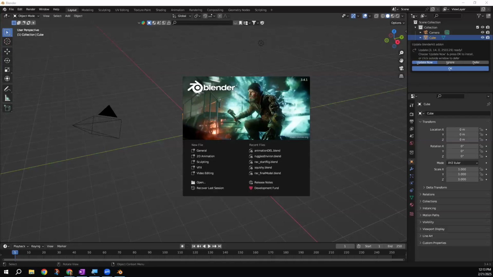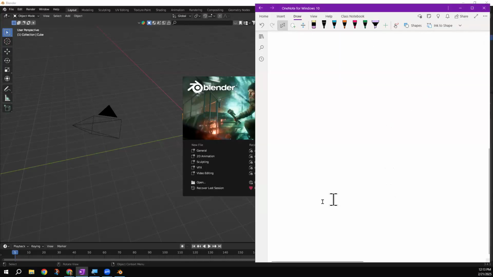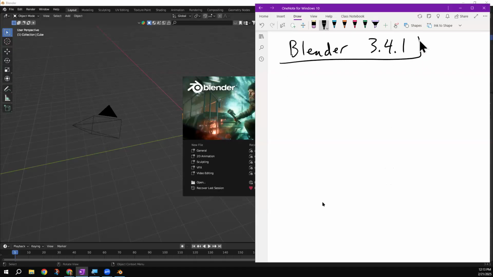Okay, so we are recording at this time. And this will be our Blender. So we are working with Blender 3.4.1 in this classroom. Blender has a lot of, I actually have a couple different versions of Blender running on